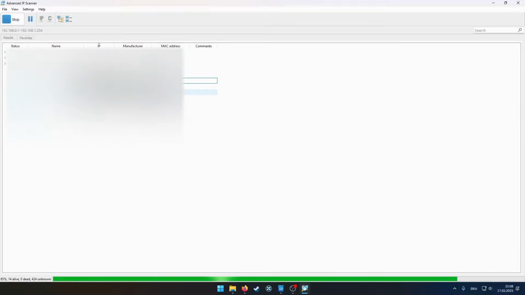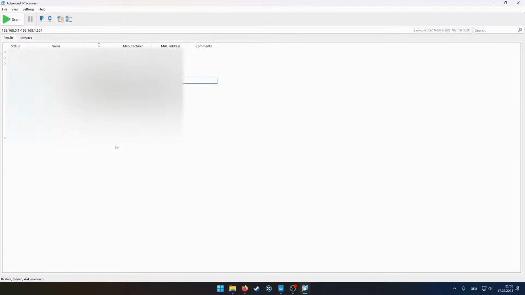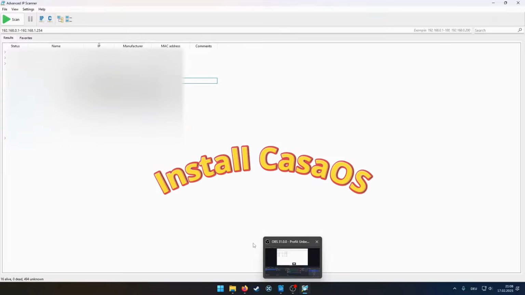Maybe you can identify it with this. You maybe can identify it with the name you gave it, with the Raspberry Pi. Just search, and try the next step just a bunch of times. With that, it's gonna work. After you found it, or you already know your IP address,